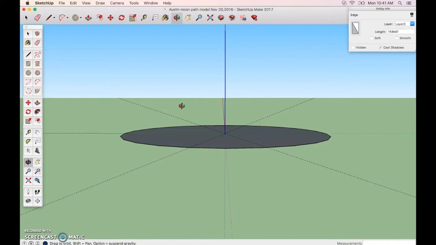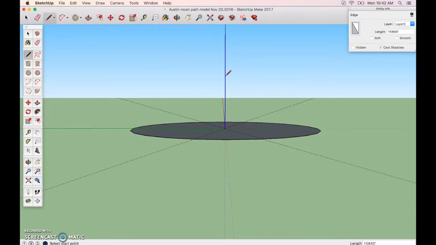Okay, so now what I'm going to do is grab this pencil tool for drawing a line, come here from the origin, pull it up along that blue vertical axis, and I'm going to go 15,840 feet, and there we go. Now what we need to do is select that line,